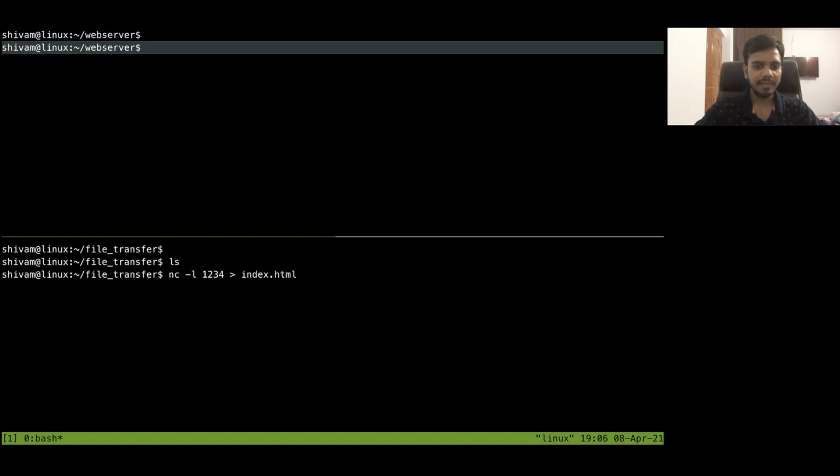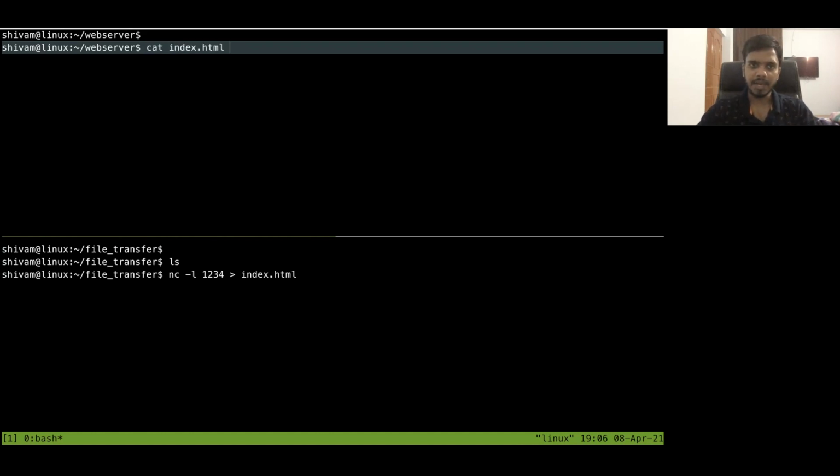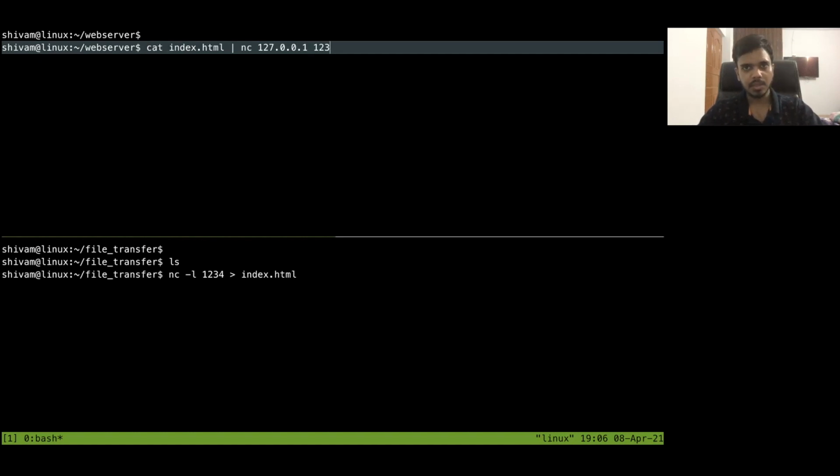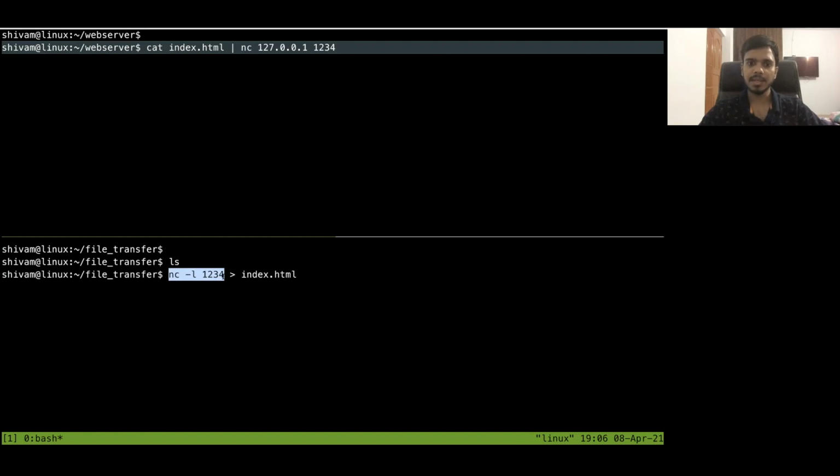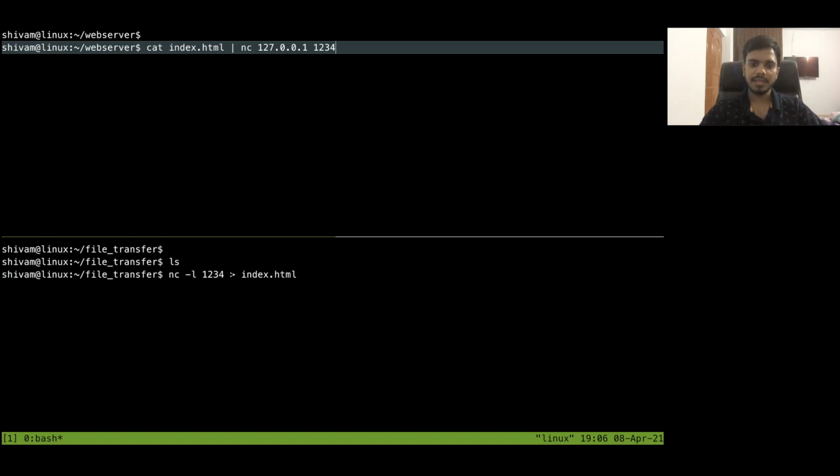Now what I will do is cat this file, and whatever output is there, I will pass to the client. ANSI 127.0.0.1 and then 1, 2, 3, 4. So what this will do is, here I have a server that is listening on port number 1, 2, 3, 4, and whatever data it gets, it is going to redirect that output to this file index.html. Okay. Here I am basically doing the cat operation on index.html. Basically, this is the input that I am giving to this client.